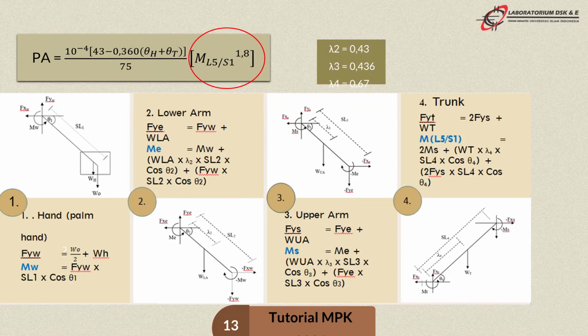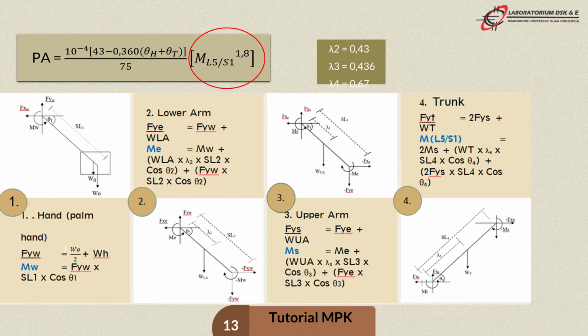FYE is obtained by adding FYW and WLA. Then ME is obtained by adding MW with other moments working on the lower arm. Similar to the previous explanation, the upper arm also uses the previous force and moment, that are FYE and ME, as an input to the FYS and MS